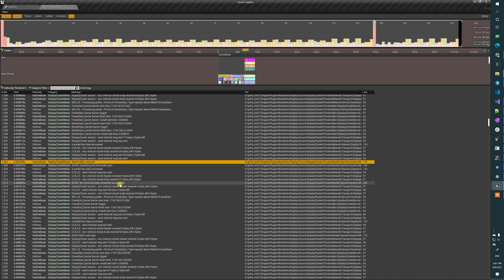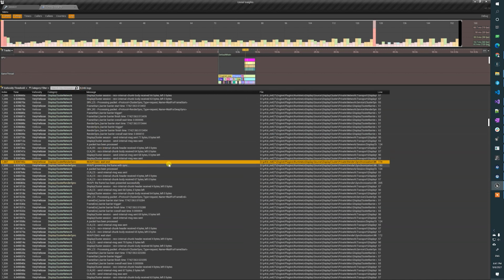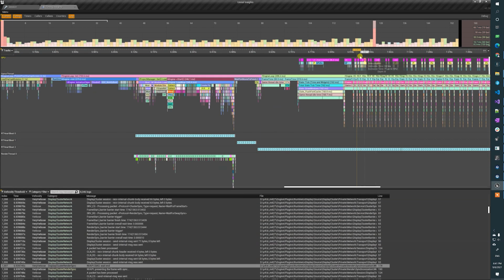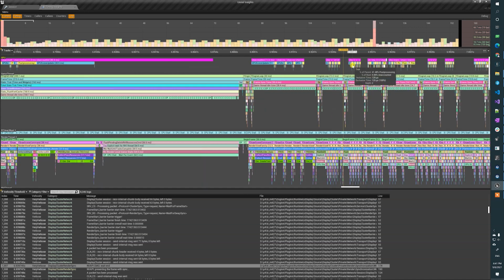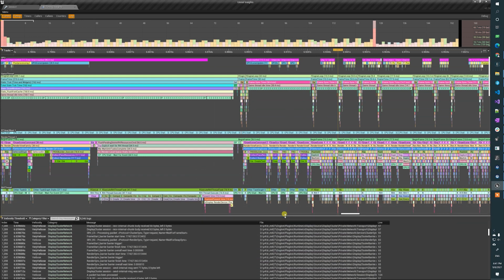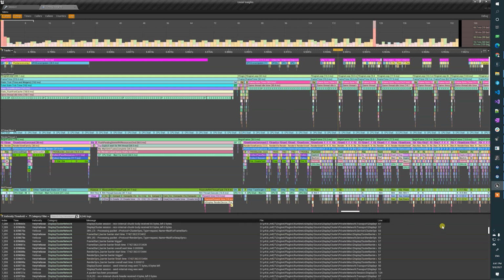And the nice thing is that when you click on a particular log, it'll basically give you a bookmark in the tracks timeline, so that you know when that happened with respect to the rest of the frames in the timeline. So this is just a very powerful tool for searching for particular events or logs that you may be looking for. Maybe you're looking for a timeout log or similar kinds of events that you're basically wanting to identify.